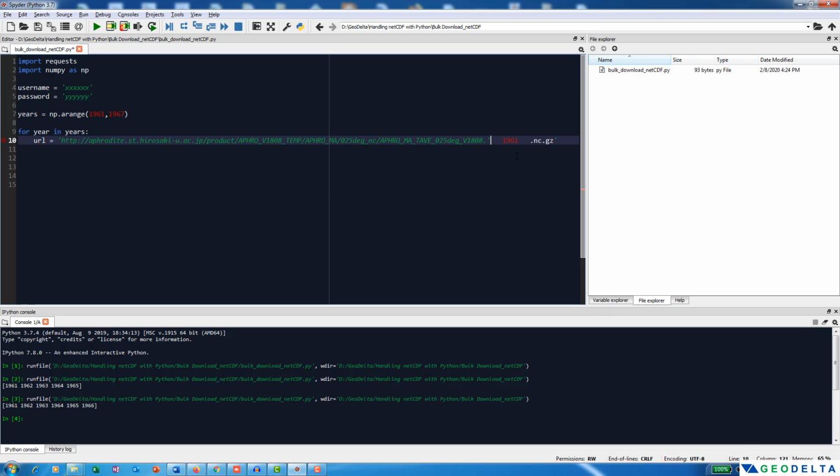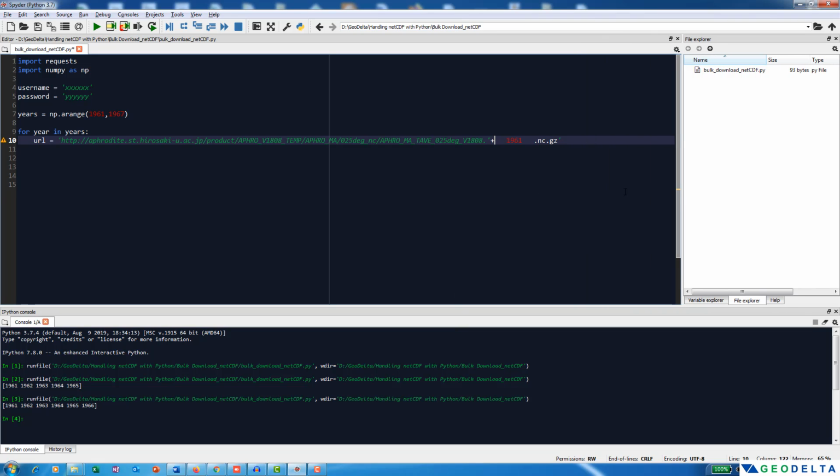Then I'm going to put a plus sign over here. After that, I don't want a fixed number. I actually want, during each iteration, each of these numbers to be automatically specified in here. So I'm going to put a plus sign over here, and